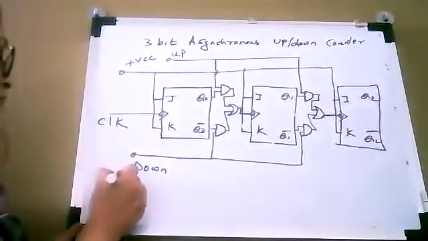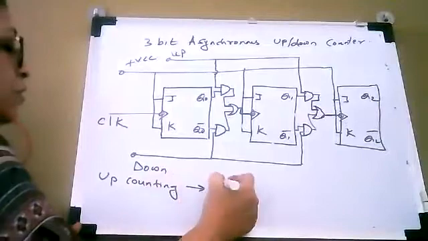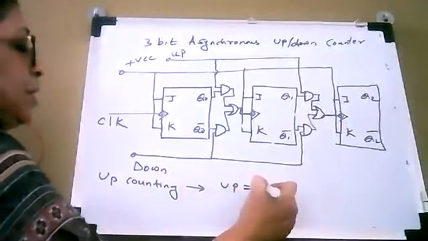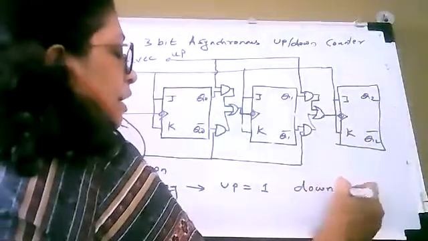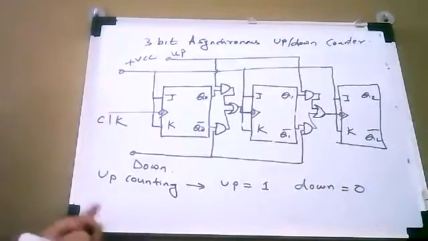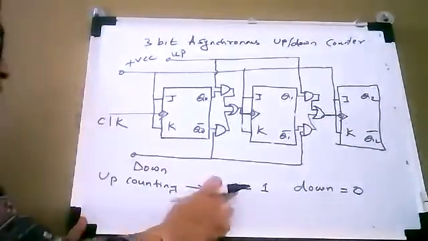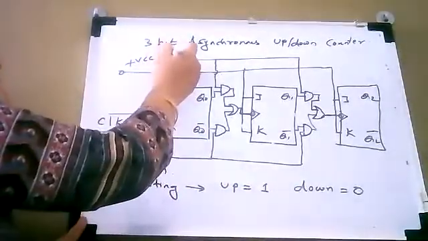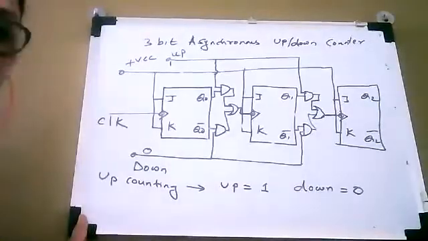So for up counting, your up line must be at logic 1 and your down line must be at logic 0. Okay, so let us see whether this works or not. So if the up line is at logic 1 and the down line is at logic 0, then